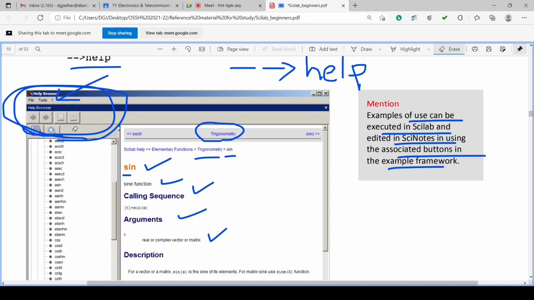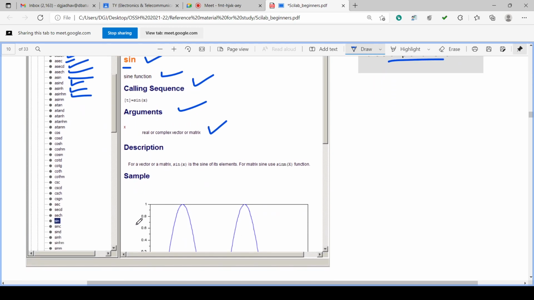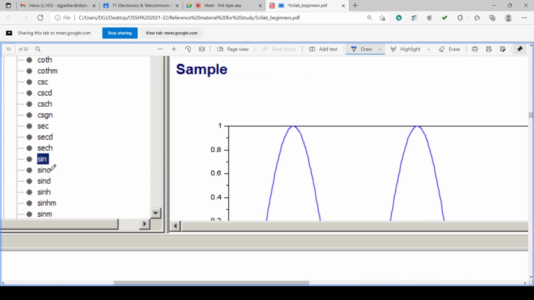On this side you can observe a variety of functions: ACOTD, ACOTH, ACSC, ACSCD, ACSCH, ASEC, ASECD, ASECH, ASIN, ASIND, ASINH, ASINM. A variety of details are there, and you can find here that the sine function is selected.